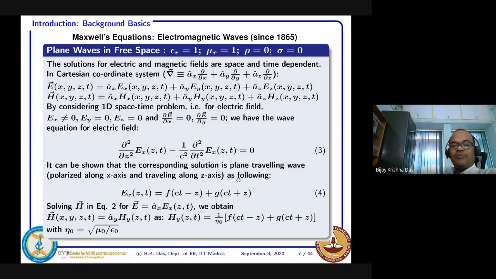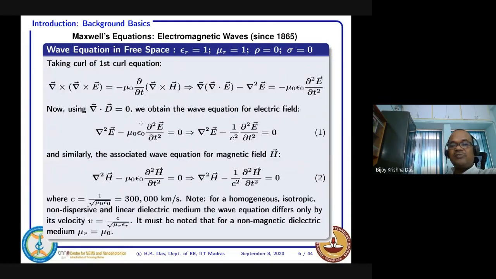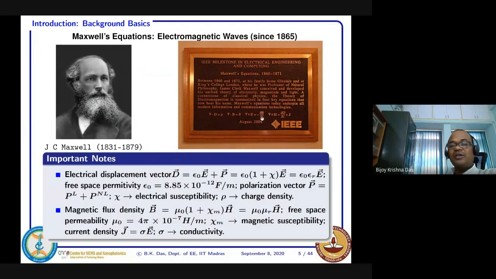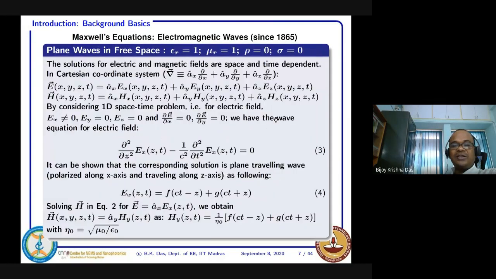Similarly, for your equation 2, if you just imagine in the previous slide that it is a magnetic field, there also you can assume the same. If you use Maxwell's curl equation and think that only the Ex component is there, and Ey and Ez components are not there, with J equal to 0, then you try to find out what component of the H field will be there. And you should remember that it is considered as a z-dependent variation.